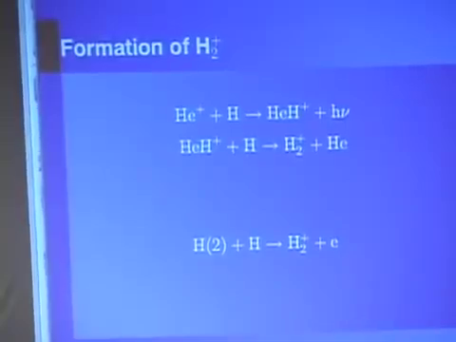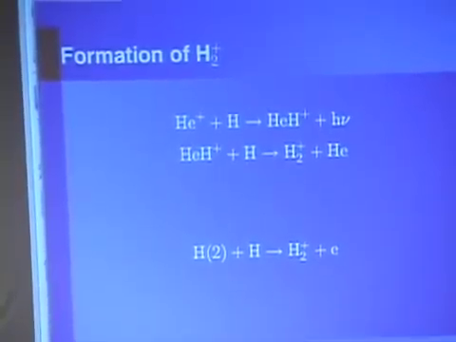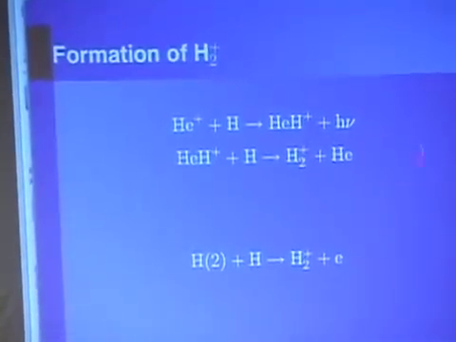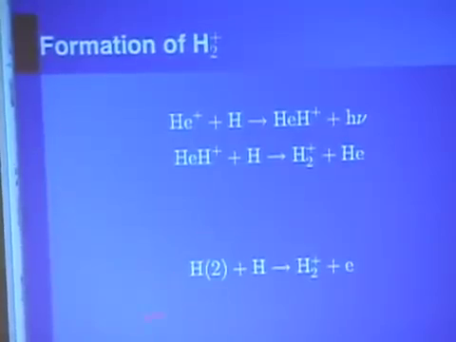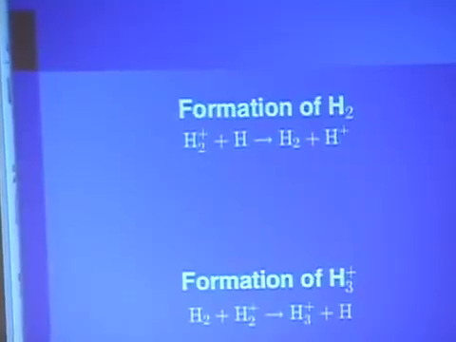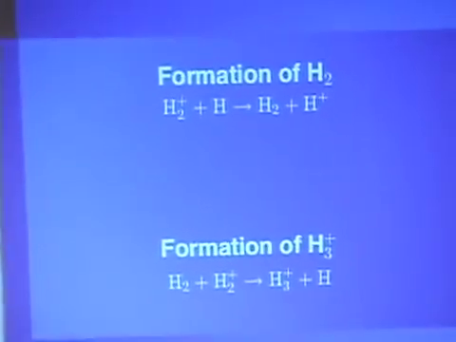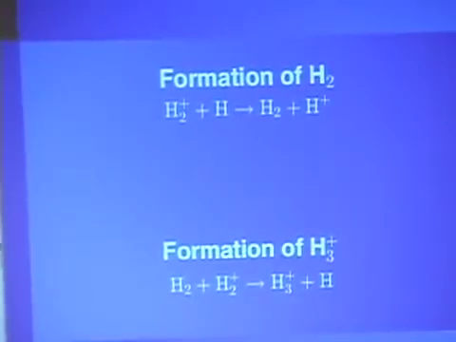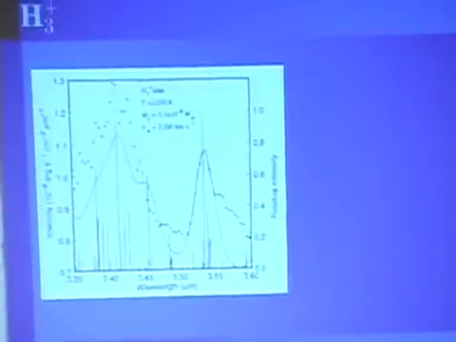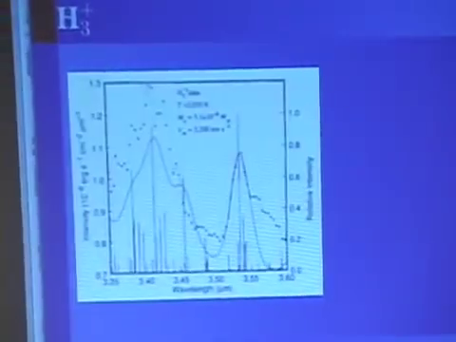As I said, you get some H2+ made by HeH+ reacting with neutral hydrogen. You can also make some H2+ by excited state, I mean, either n = 2 or n = 3 atoms of hydrogen just reacting initially with ground state ones to make H2+. And once you've made the H2+, then some of them will transfer and make H2 by reacting with atomic hydrogen. And once you've made molecular hydrogen, then you go on to make H3+. And those fit just with the spectra that Tennyson had recently calculated.